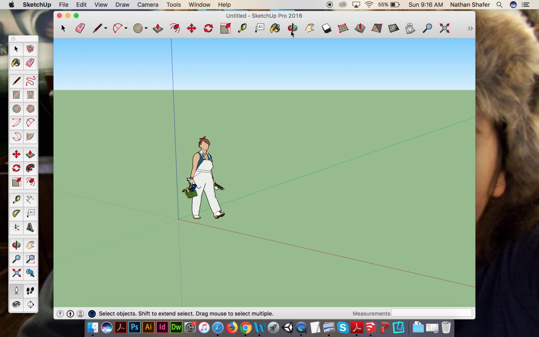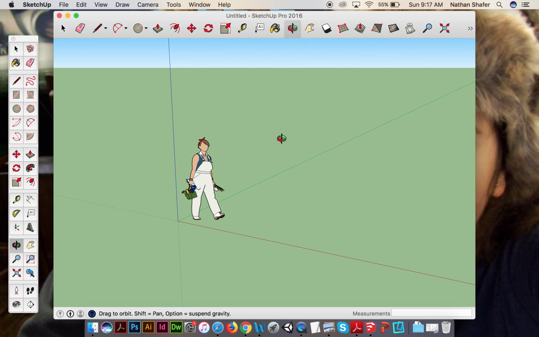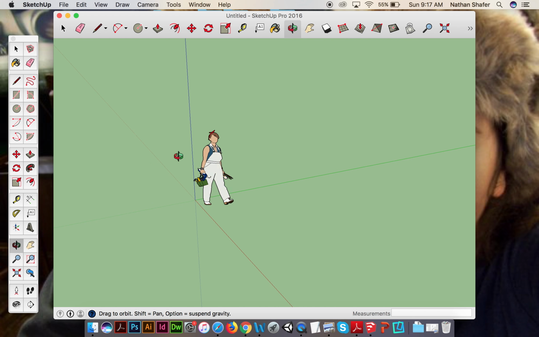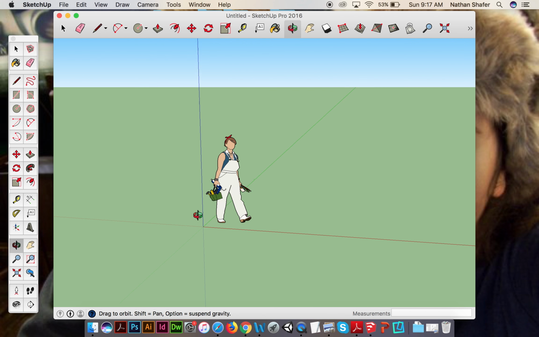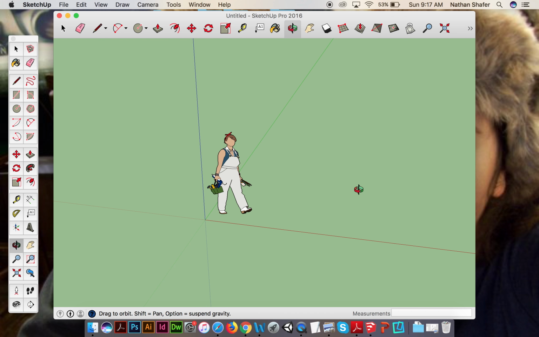So one of the first tools I like to start with is the Orbit tool, just these green and red arrows. Now, I am just moving the cursor along in this virtual environment, but when I click and move, I can manipulate how I see this three-dimensional world. You see this default image of this woman is a two-dimensional image that gets put into this three-dimensional plane. Well, I'm going to get my Select tool, which is this black arrow. I'm going to highlight her. We don't actually need her for this demo, so I'm going to hit delete,